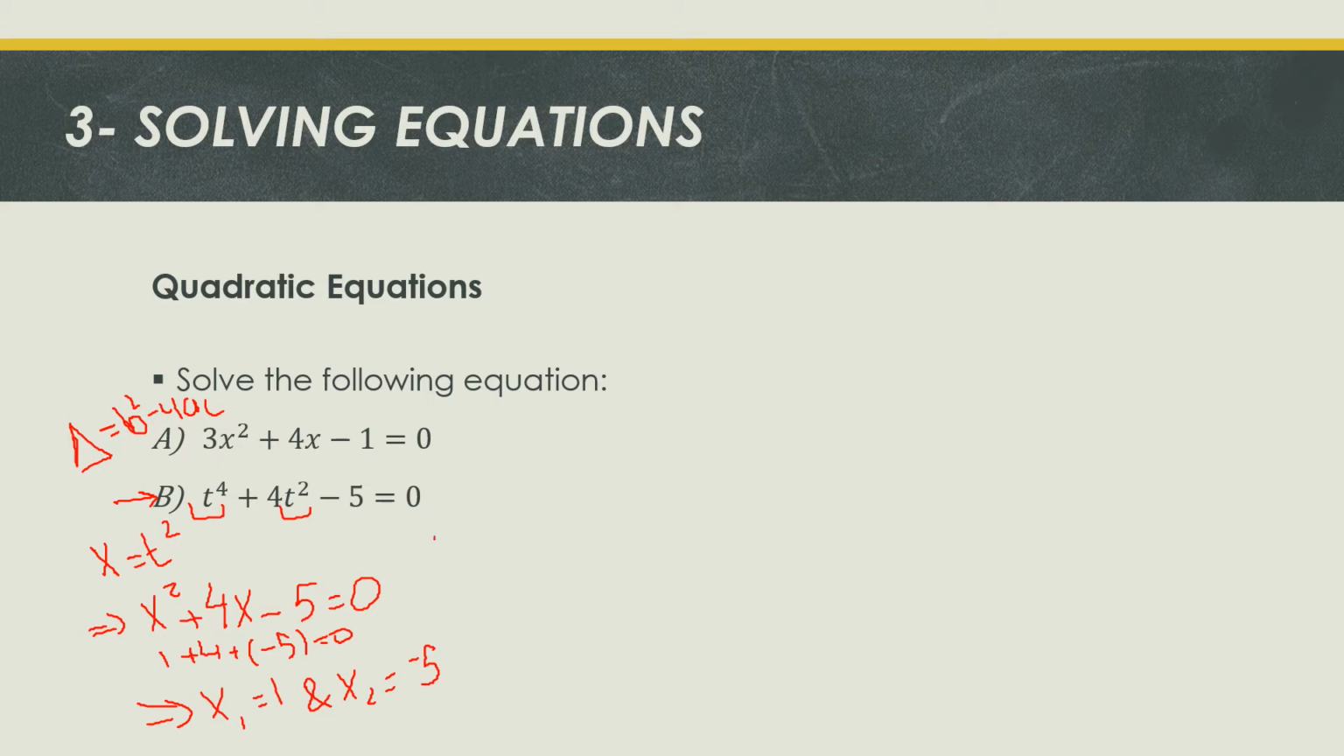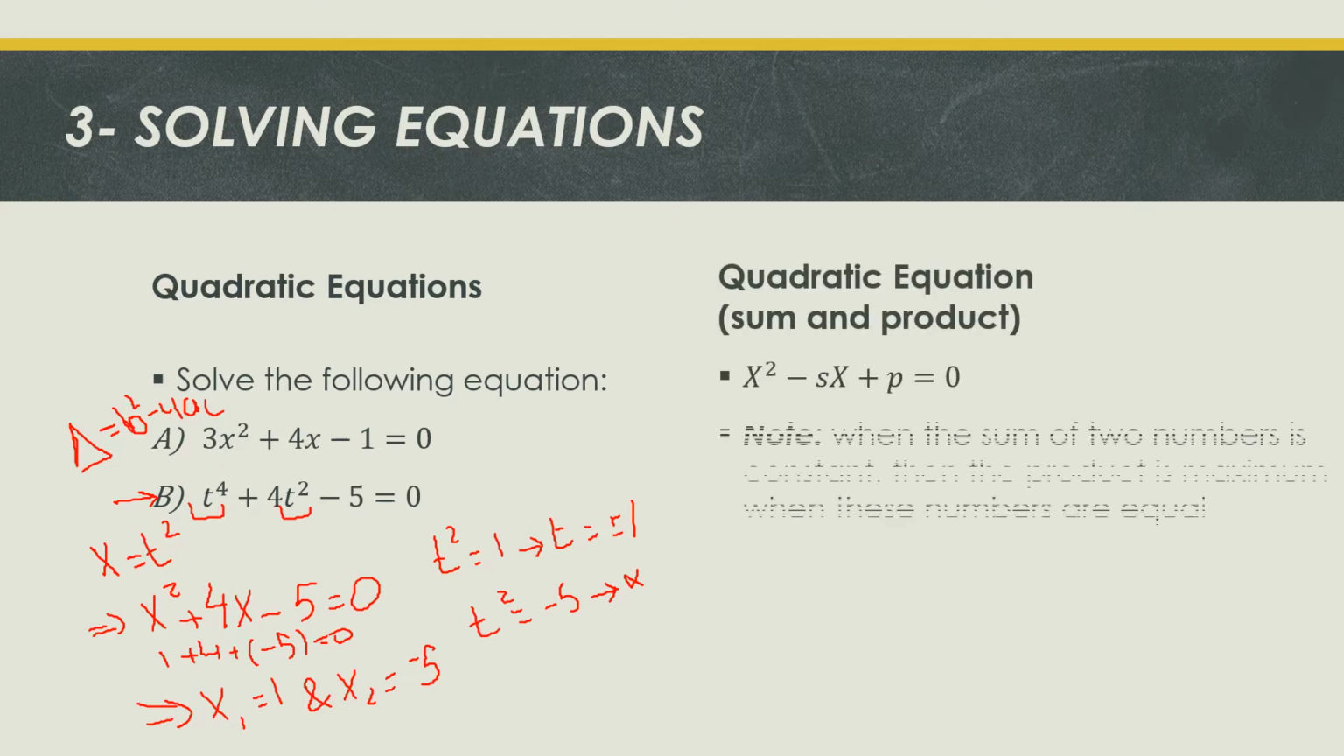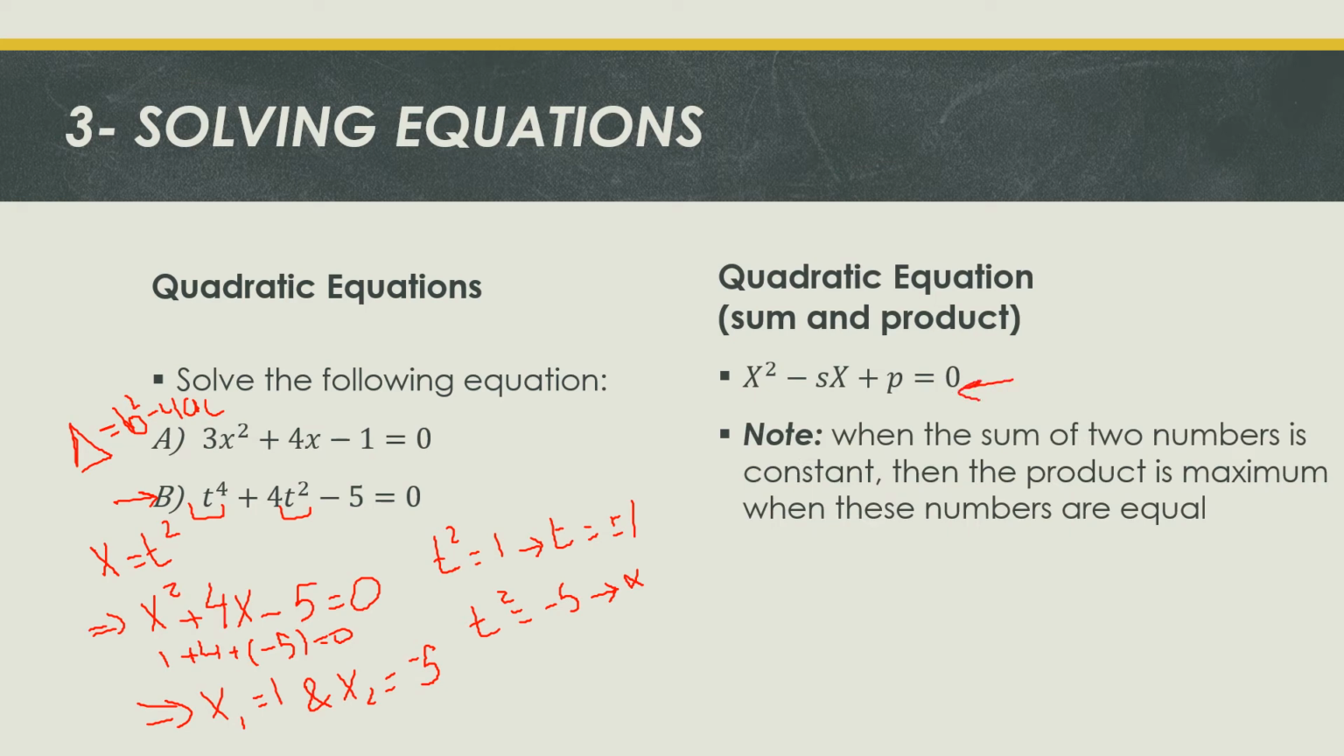Now back substitute. t squared equals 1, meaning t is plus or minus 1. t squared is minus 5, no real solutions. So this was just a summary about the method to solve quadratic equations. Now, a point concerning quadratic equations is using the sum and product. If you are given the sum and the product of two numbers, you can insert them in this equation and